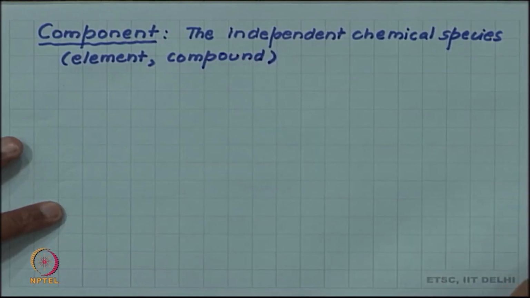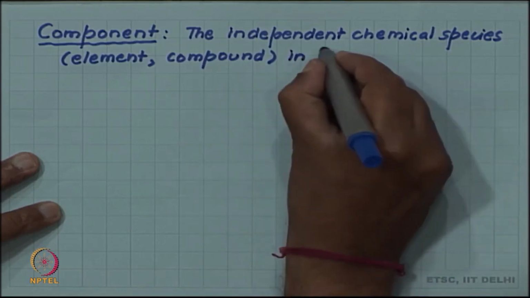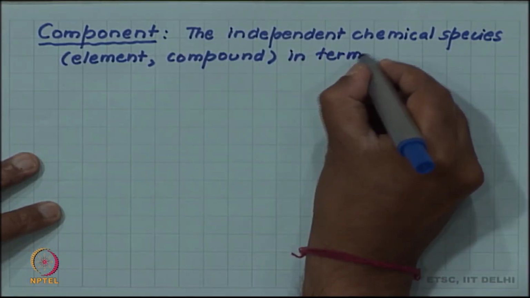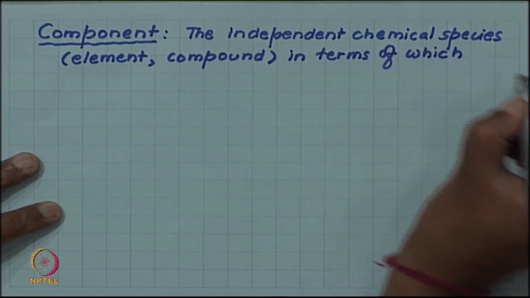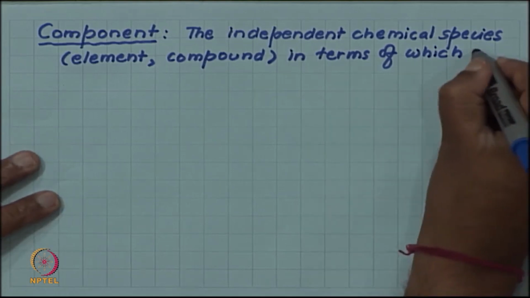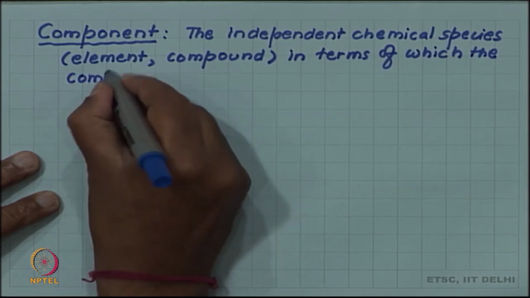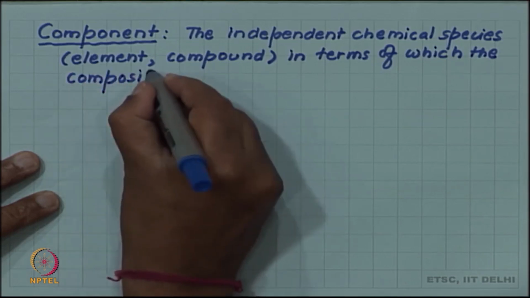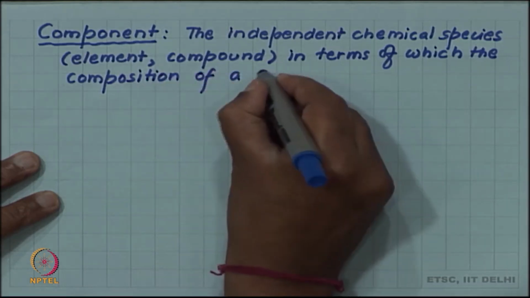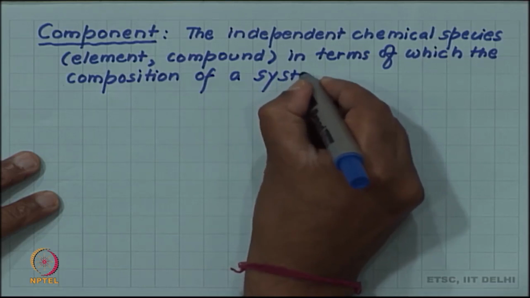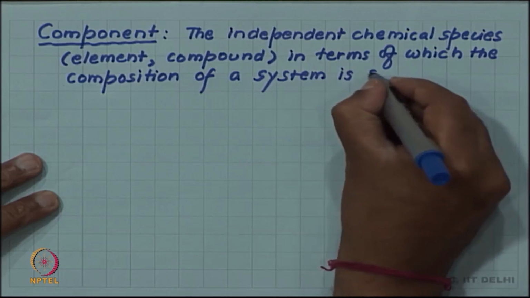So, independent chemical species, element or compound, in terms of which the composition of a system is specified